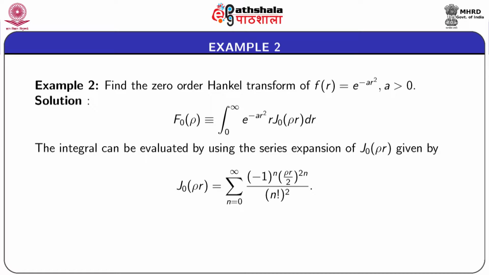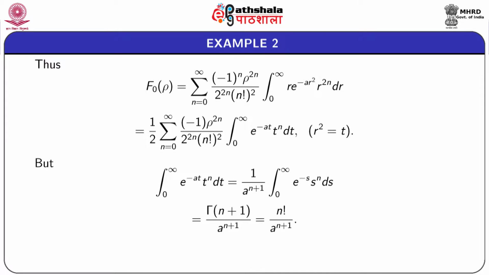This integral also we shall evaluate by using the series expansion for the Bessel function of order 0, J0(ρr), which is given here. Now, we substitute this series expansion in this integral to obtain F0(ρ) as this. Here the integral can be simplified by substituting r square equal to t, so that F0(ρ) is given by this expression, and the integral here, that is the t integral,